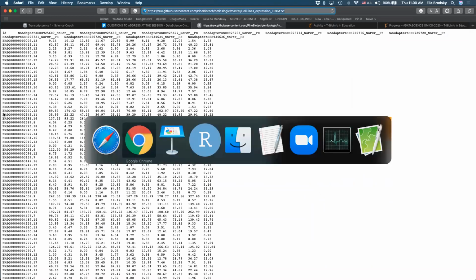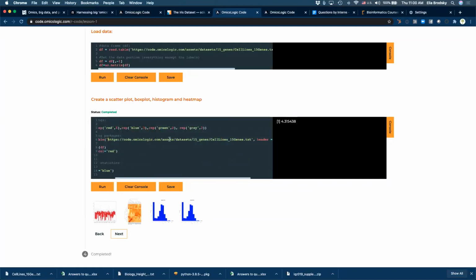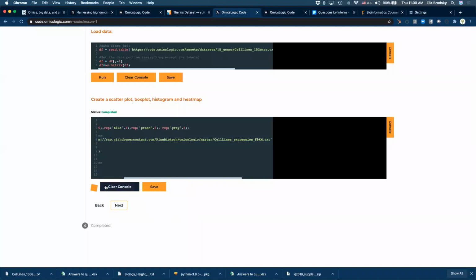So let's go to here and we'll just replace it with this file. Okay, what did it tell us?